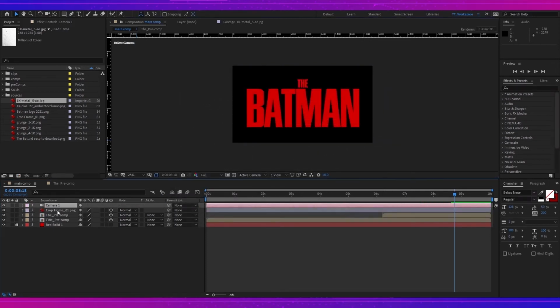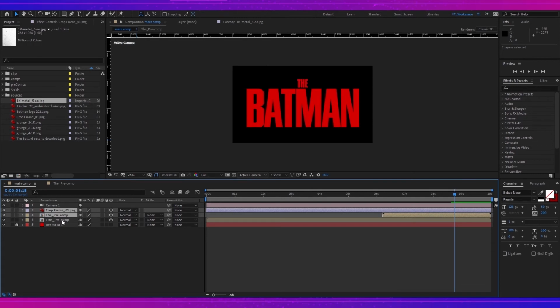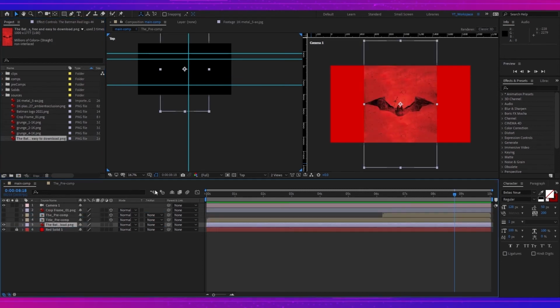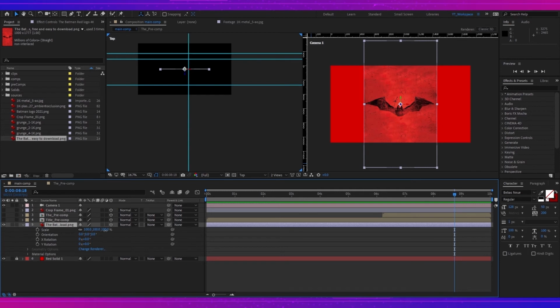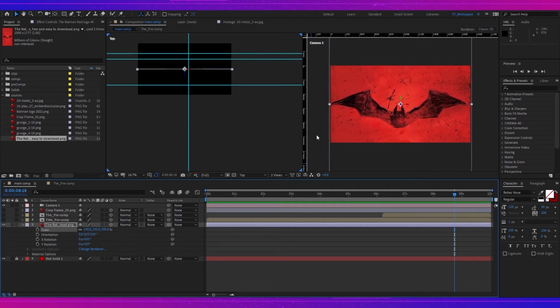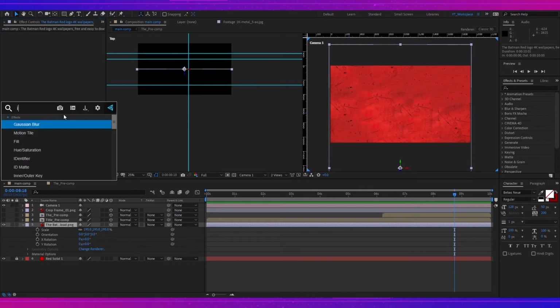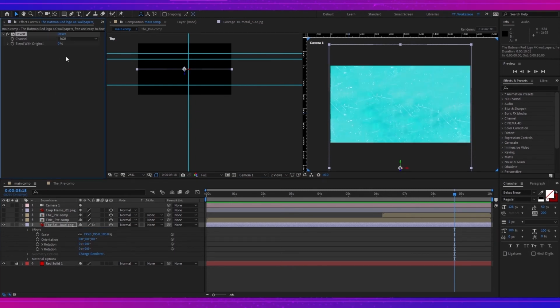Okay. Now I'll turn off the visibility for those pre-comps and the crop frame and drag and drop this image, make it 3D,